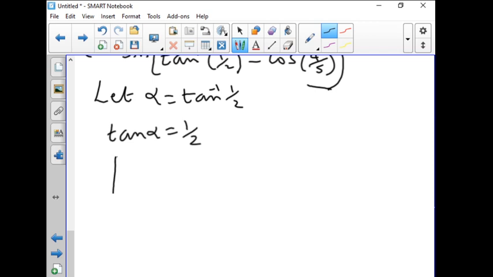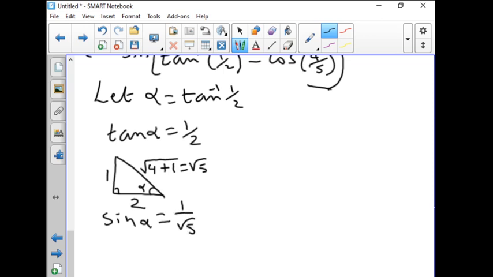Okay. So what is sin alpha from this? Tan alpha is 1 by 2. So you put it in a right triangle. So this is 90 degrees. So this is alpha. Tan alpha means opposite by adjacent. So which is the opposite side? This is the opposite side, so this is 1, and this is adjacent, so 2. So this is the hypotenuse. So what do we have? 2 square is 4 plus 1 square is 1, so it is equal to root 5. Therefore, what is sin alpha? Sin alpha is equal to opposite by hypotenuse, so 1 by root 5.